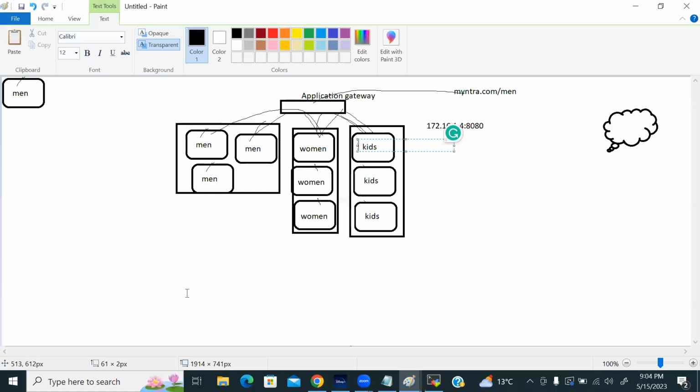For these two servers, if I modify this file under /var/www/html, then whenever we try to access with the IP, if this machine also has the same path file, but the only thing is what we'll do,